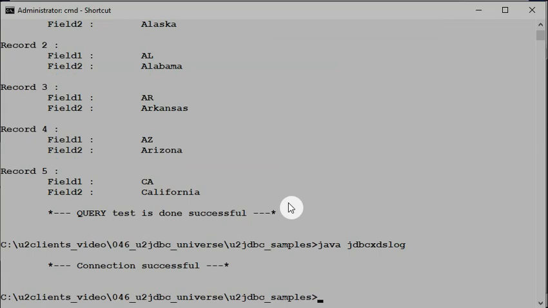Inside the program, I also show you how to turn on the server log and the U2 JDBC client logging. You can add two properties to get the log file. Next, I will talk about